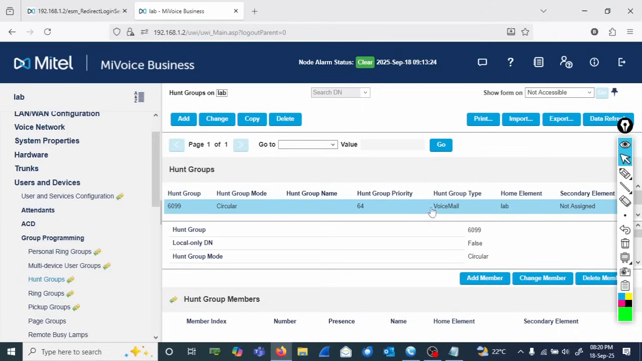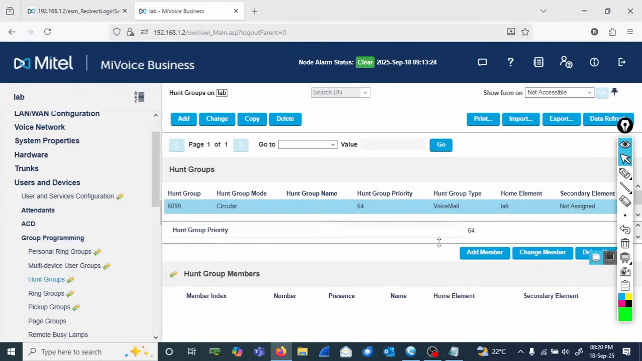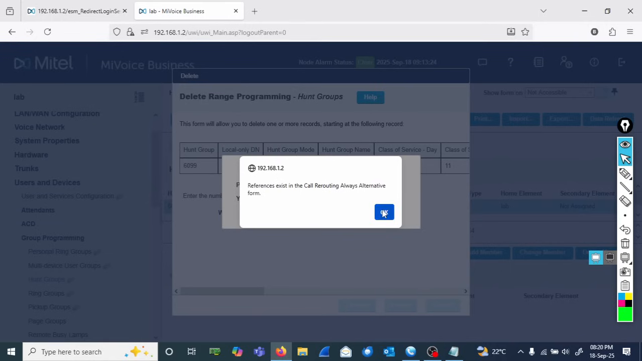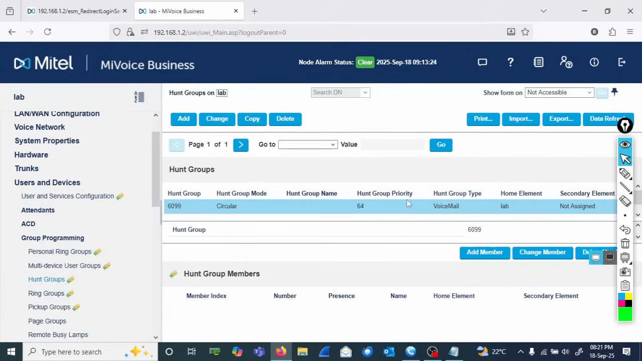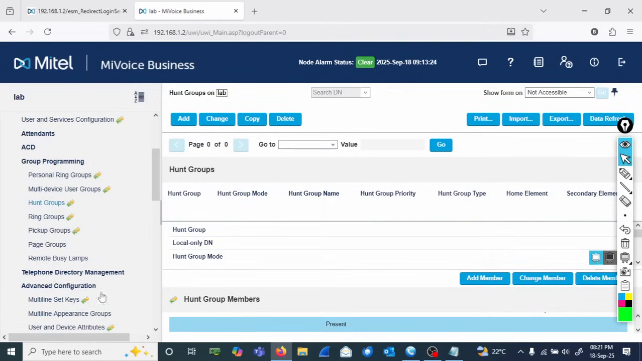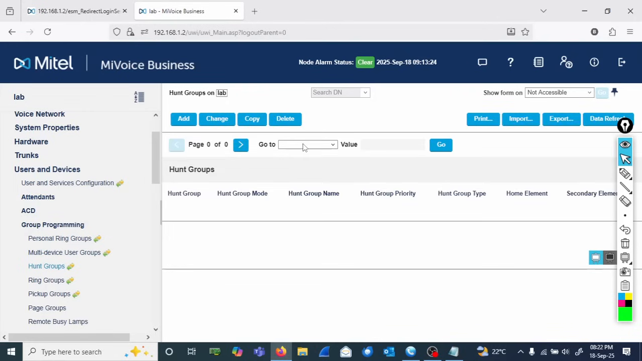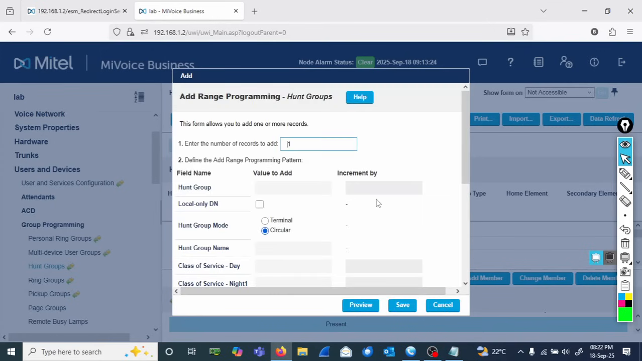So we are going to have this hunt group 20699. Okay, let me just delete this group and redo it. Existing code. So we come to users and devices, group programming, hunt groups, and we are going to add our